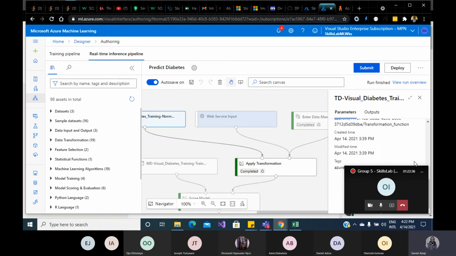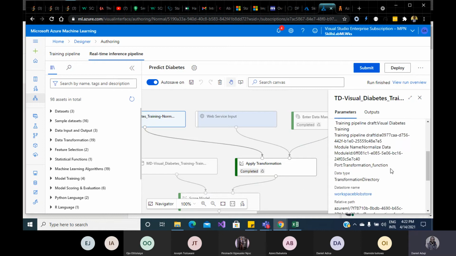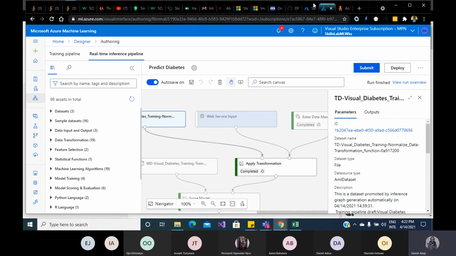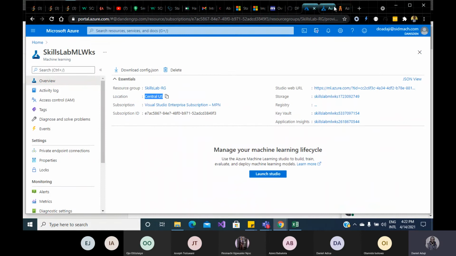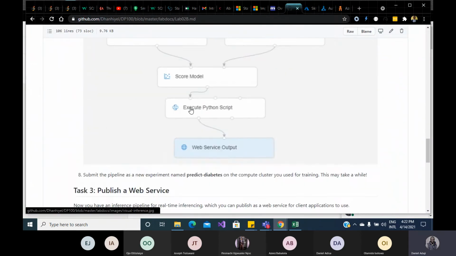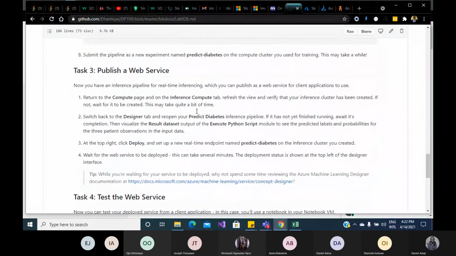Okay. So let's move on so that we can finish this lab aspect. The next thing we are expected to do is to deploy the model. So what we are going to do is to click on deploy, and then